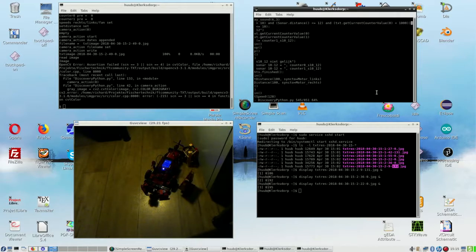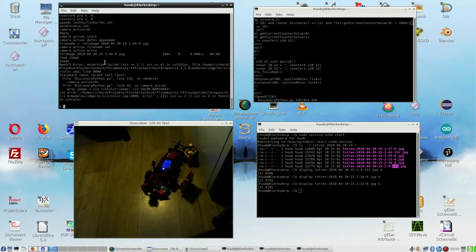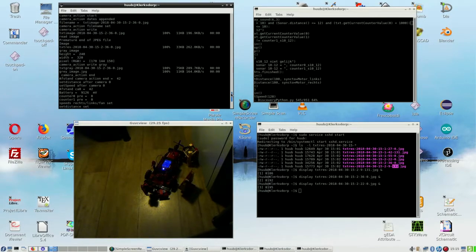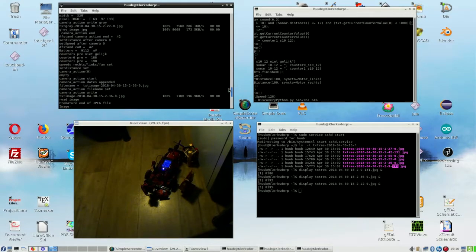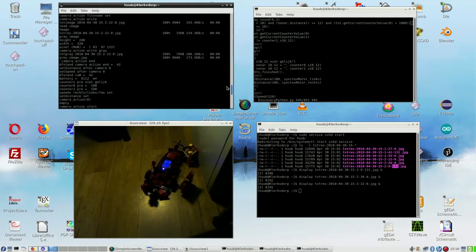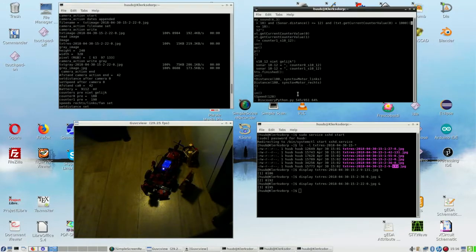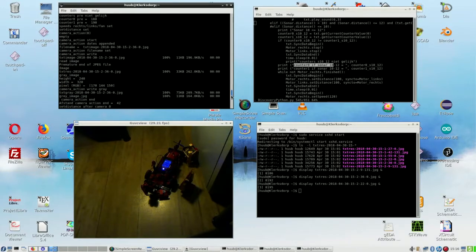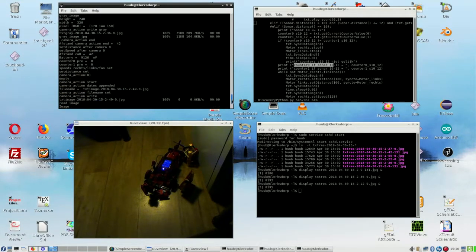What is the current counter value then? Am I even printing it? That's a good question. I'm printing it here. Counter 0 if